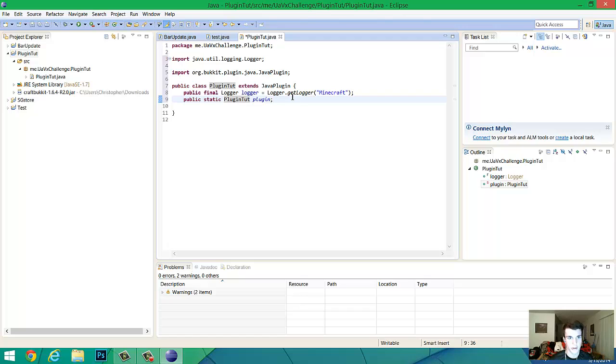Or no, you're not, sorry. So right here, you can either do it this way, or the new way, you had to do it this way actually. So you're going to do @override, and it should fix itself. Public